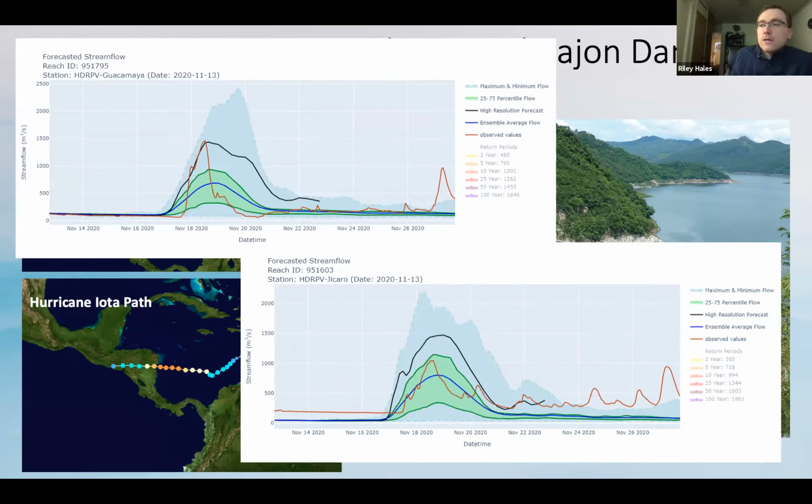I've got some graphs here, which came from an analysis we did after the fact using information from some of the gauges which survived the first hurricane. The red line shows what those gauges observed, and the shaded regions show different statistical values from our ensemble forecast. And really, this analysis deserves a presentation all to itself, but to grossly oversimplify, we found the model performed quite well, and this proved to be a valuable source of information to the dam operator so that they could avert further potential disaster if the reservoir were to fill to capacity or suffer any damage.